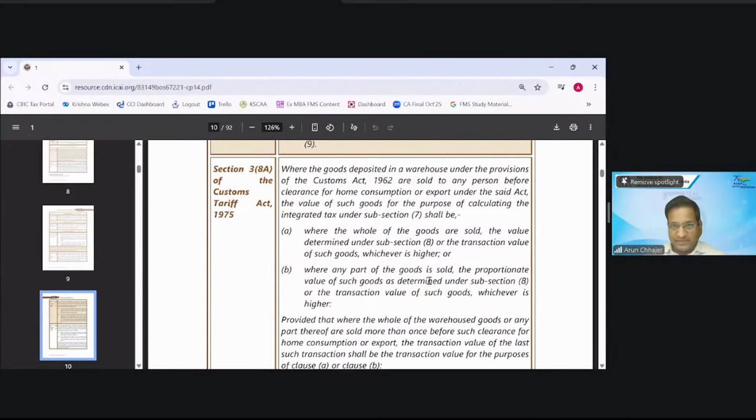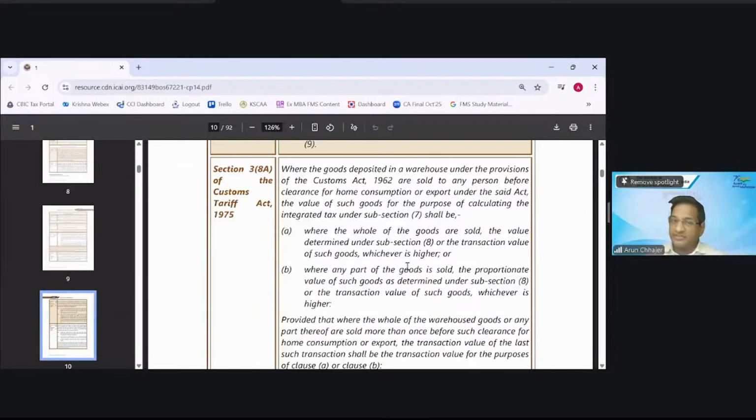Similarly, subsection 8A, where the goods deposited in the warehouse under the provision of the customs are sold to any person before filing the bill of entry for home consumption or export under the said act, the value of the goods for the purpose of calculating IGST shall be the value of the whole goods sold, the value determined in subsection 8